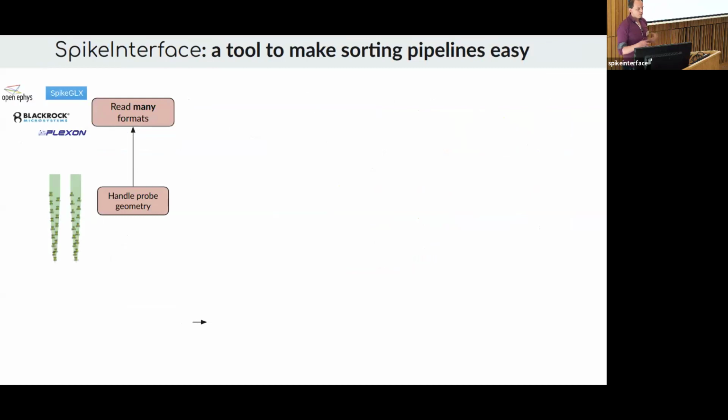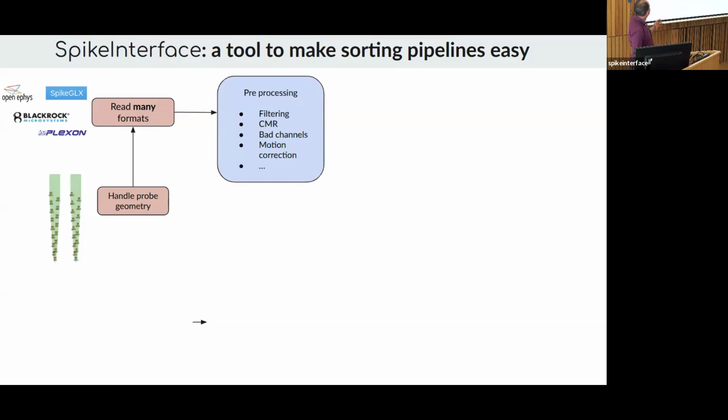SpikeInterface kept growing over the years, and now it's becoming quite a large collaborative project, and it extended quite importantly. It can read many file formats and handle probe geometry, and now it's allowing you to design spike sorting pipelines in a fairly easy manner. There was a huge focus put on the pre-processing tool pipelines: how to filter, remove some artifacts, median reference, and so on and so forth. Motion correction, that was just talked about before by Charlie, is one of those very complicated pre-processing steps that is now kind of a key for human or Neuropixel recordings in vivo.